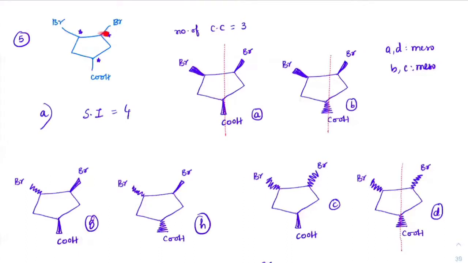Otherwise, you can always start with this. You can take this as first S and S, right? Then this won't be a chiral center. Then R and R. Then this won't be a chiral center. So you got 2 forms. Next, you'll take this as RS, then R, SR and R.